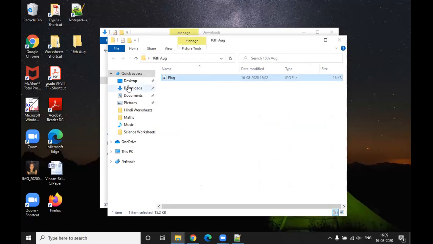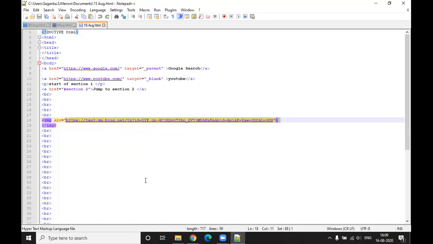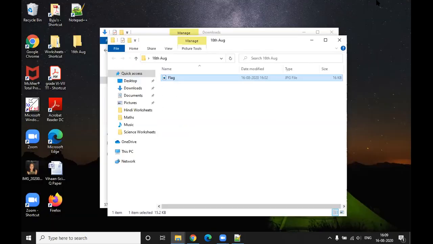And where is your web page stored? So it should be in desktop. Okay, open your web page in your notepad. So on the top, it's showing the location, right? See, user Sagarika and documents, it is, correct? Yeah. So let's go to the documents folder. And from there, copy the web page and paste it in this particular folder.